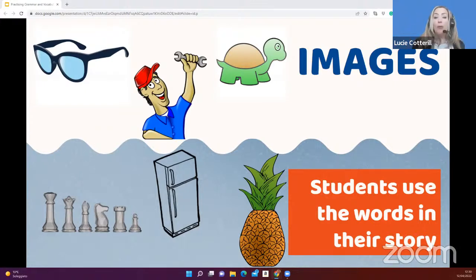Now, what I normally do is I tell them that, for example, I have written a story and it contains these images or the words for these images. And first, I ask the group to predict what they think will be the relevance of these things in the story. So they use the modals of deduction like might and could. Well, the pineapple might be something that the mechanic eats, for example.